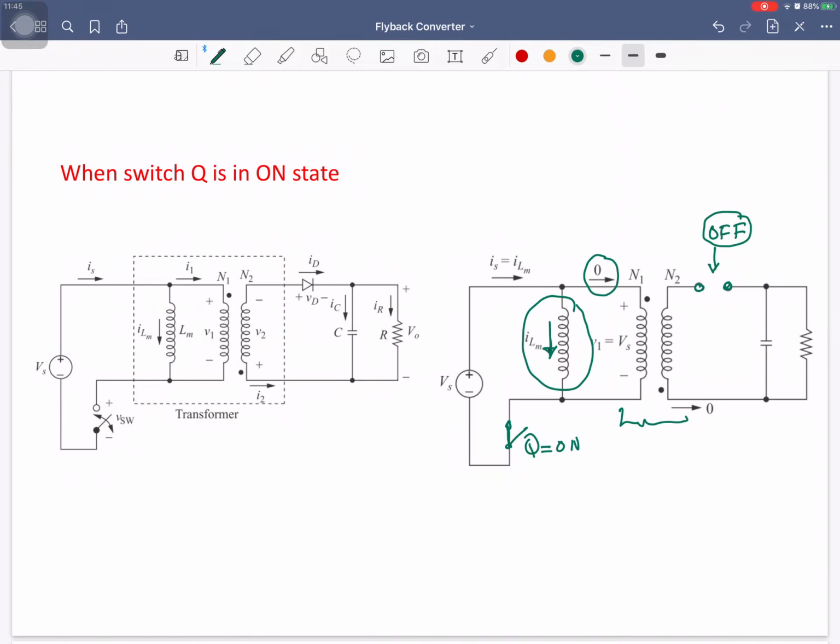Right? Okay. So we have the positive voltage at this point and we have the negative voltage at this point. And this point is positive and this point is negative, and because of the negative potential over here, the diode that was present over here is in the off state and there is no flow of current from the secondary winding towards your load. But from the previous cycle, the energy that was stored in the capacitor is providing the power to the load, so there will be a current in the load resistance.